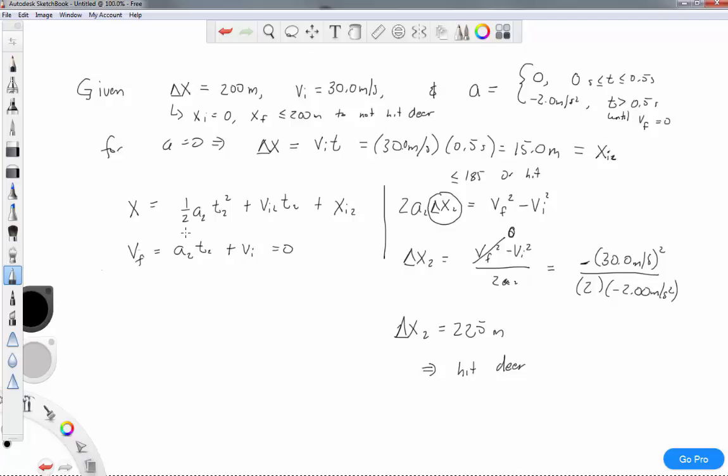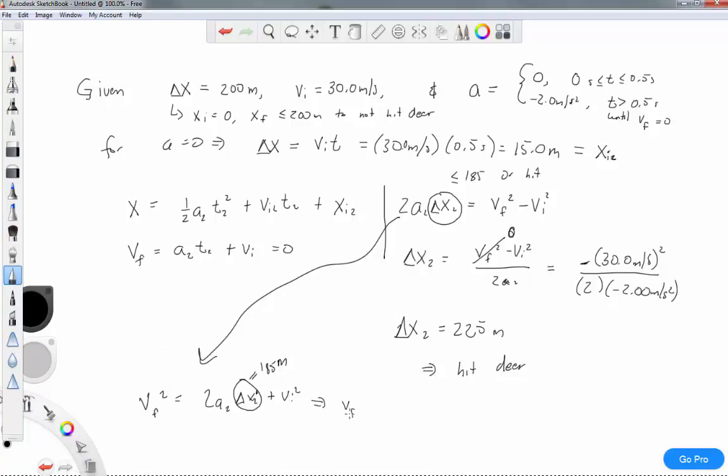You basically can go to these equations and calculate what the time is to travel 185 meters and then solve for the speed, or you could go to this equation and figure out what the speed is by using v final squared is 2a2 delta x2 plus v initial squared, where this number right here maybe is delta x2 prime, that 185 meters you actually have to stop in. If you do that, you end up getting a final speed of about 12.6 meters per second,